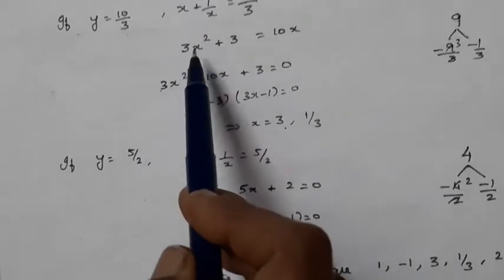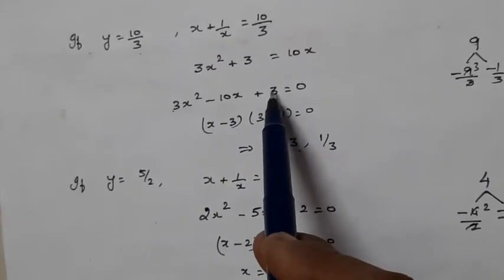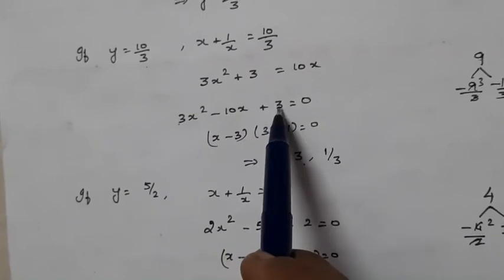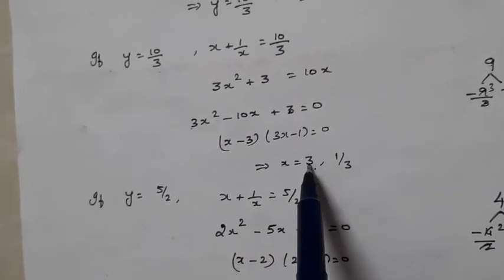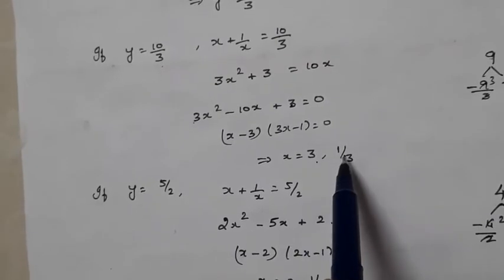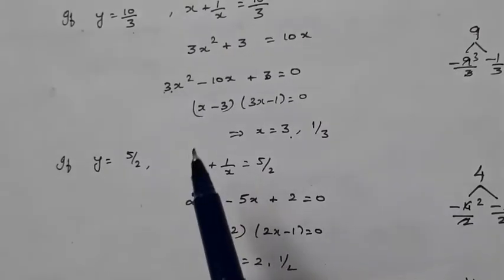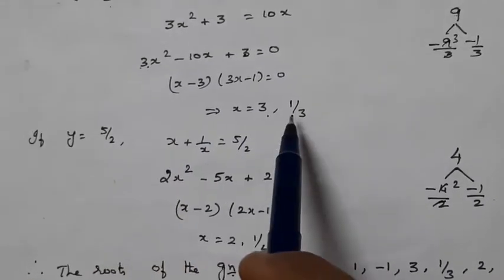Okay. So when you come across such an equation whose coefficient of x squared and the constant term are equal, and the middle term, that is the coefficient of x, is the successor of their product, then such an equation will have roots of the form alpha and 1 by alpha, where alpha is this number, that is the coefficient of x squared. So here easily we can say that x will take the value 3 and 1 by 3.